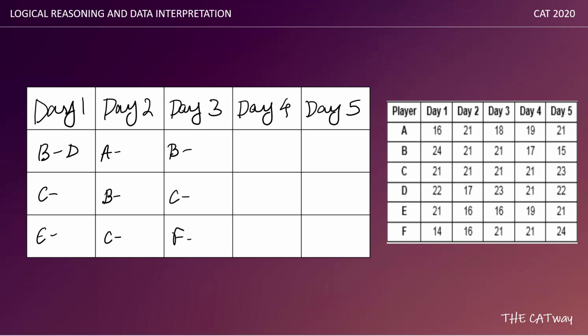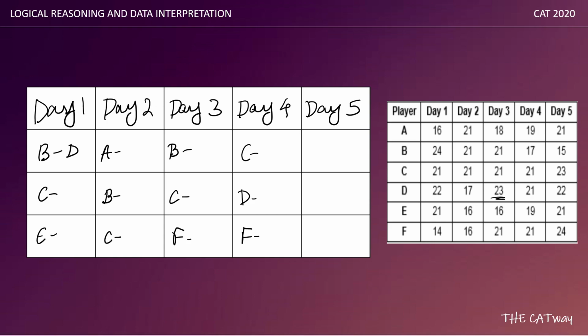Now we did not write D because D scored 23 points, so his opponent has to score either 25 points or 21 points. There's no one with 25 points. With 21 points there are three players, so we cannot definitely say who played against D. So we will not fix D's position as of now. Coming to day 4, we can see that C, D and F did not play against each other as all of them have 21 points. So let's write them in three different boxes: C, D and F.